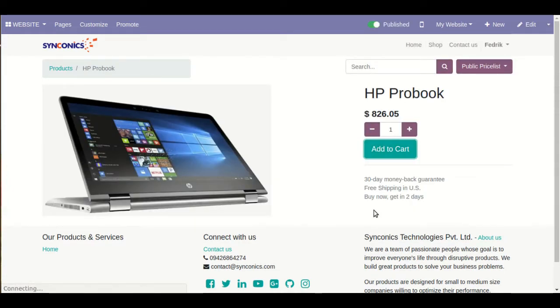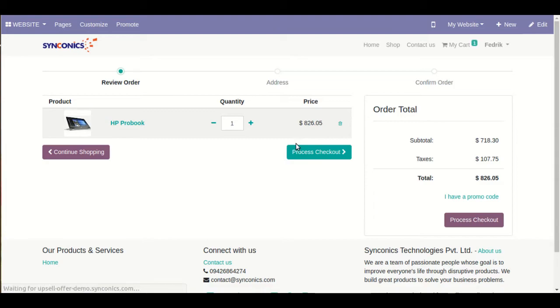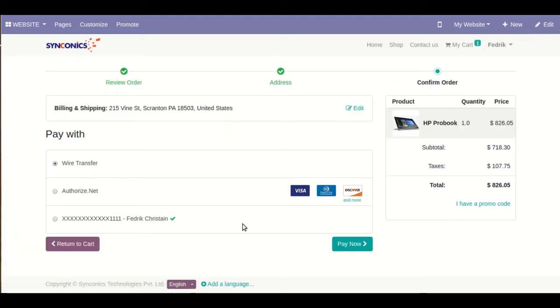Add to cart, process checkout. All right, pay with the different kinds of payment acquirers enabled over here. So I will select this and pay now.